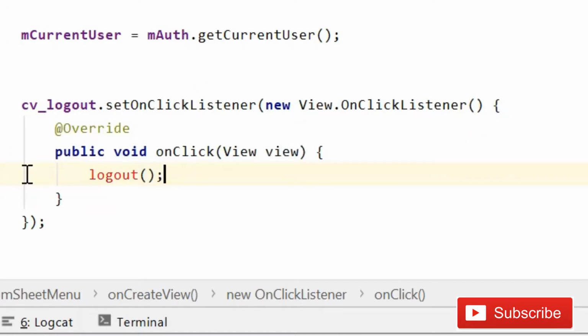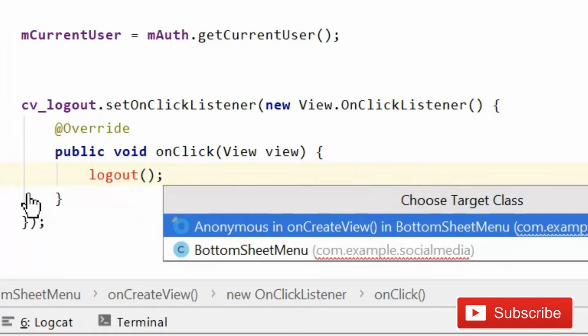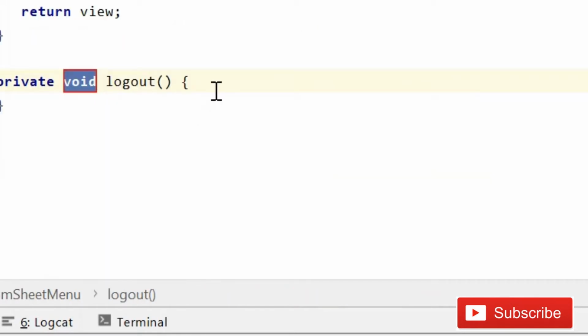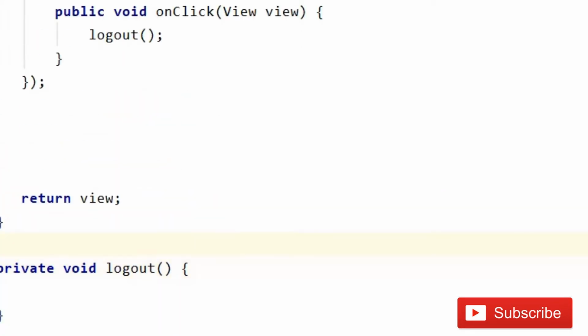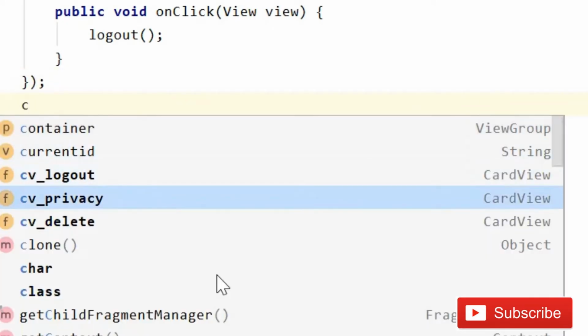It is showing red, we will create it in just a few seconds. Click on the button create method logout in bottom sheet. Fine, so now it is created. Done guys, and after this CV, it's time for CV